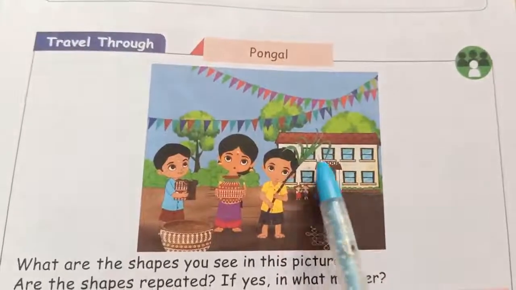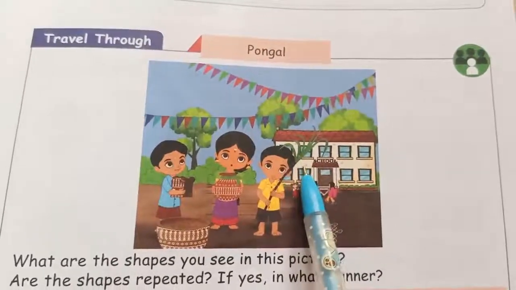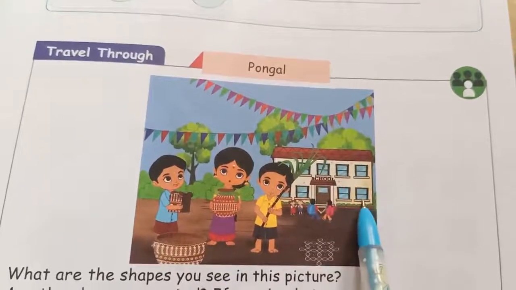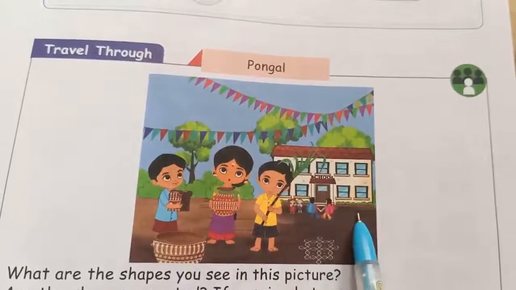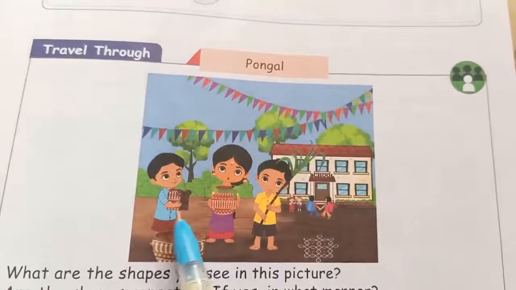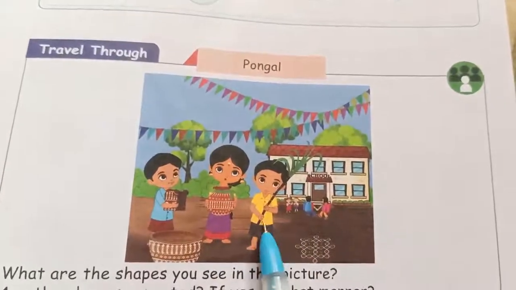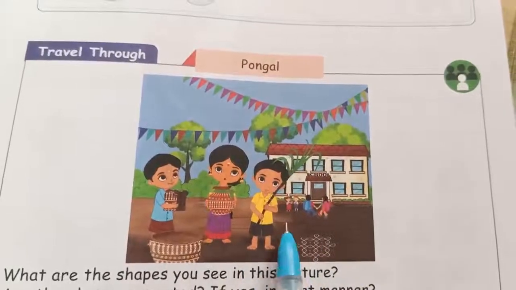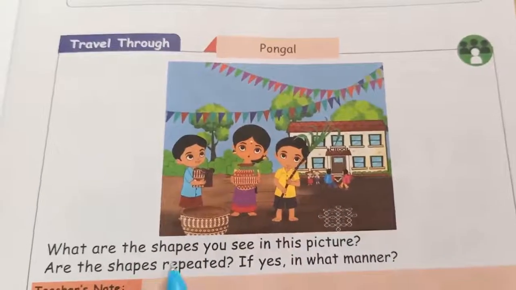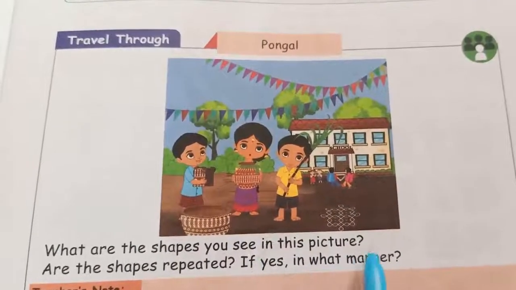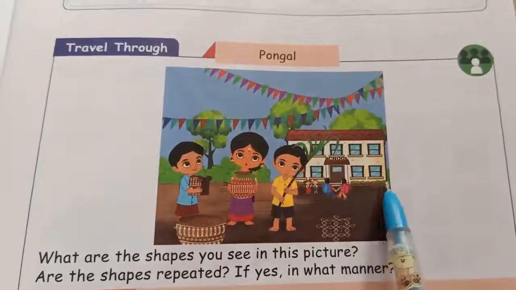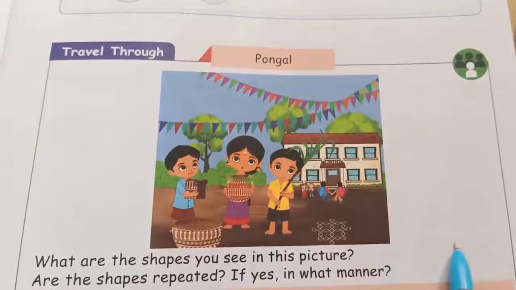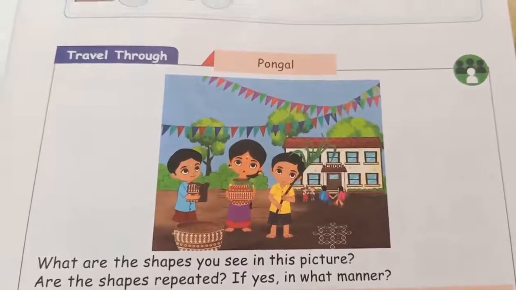See, this school building, what is this shape? Like a cuboid. Next, these windows are rectangles. Everything, these are the shapes. Next, here some shapes are available. This one is a cylinder and cone. Likewise we have some shapes. So what are the shapes you see in this picture? Cuboid, rectangle, next triangle, cylinder. These are the shapes we can see in this picture.